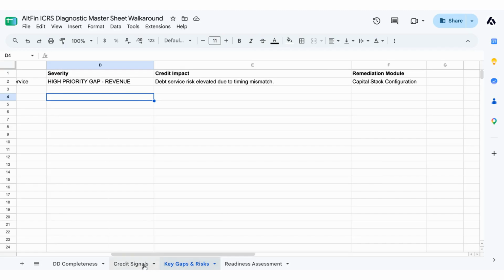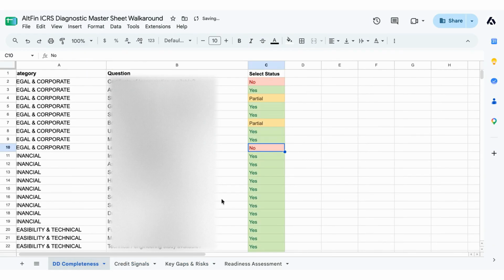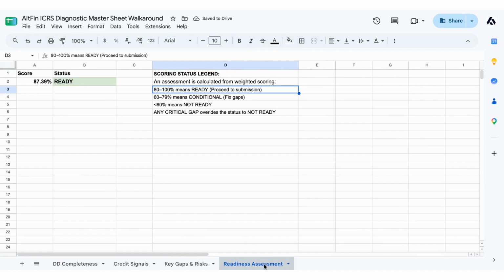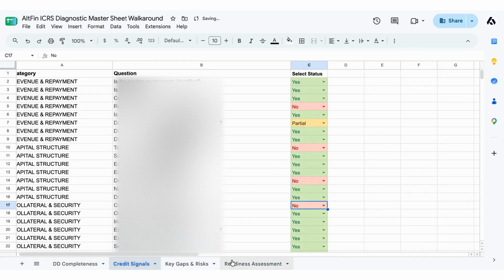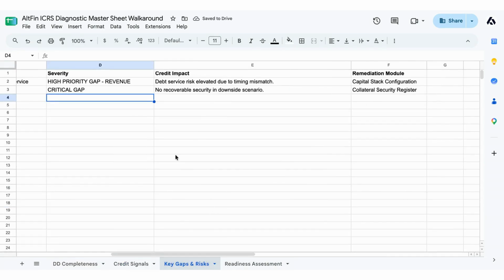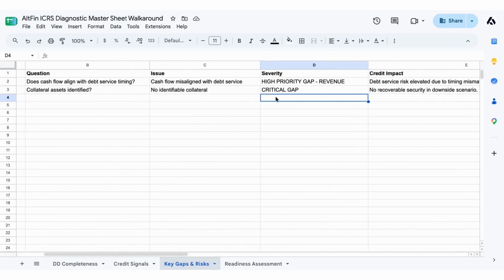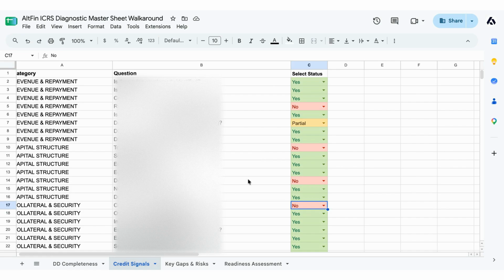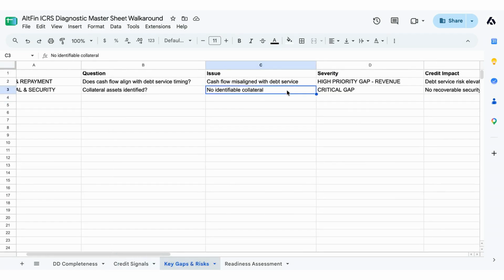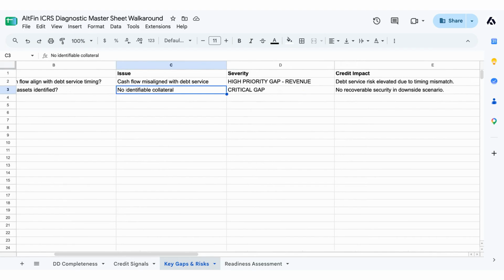Now let's do a few more items just at random, and let's see how the score has changed. It's dropped, but it's still ready, so we're still within the range, and we still have just one gap. Maybe we can keep digging. And now this is what I wanted to show you. We have a critical gap. Is collateral asset identified? Obviously, we selected no, which means that there is no identifiable collateral, meaning the lender will not know what the collateral is. And this is the critical gap